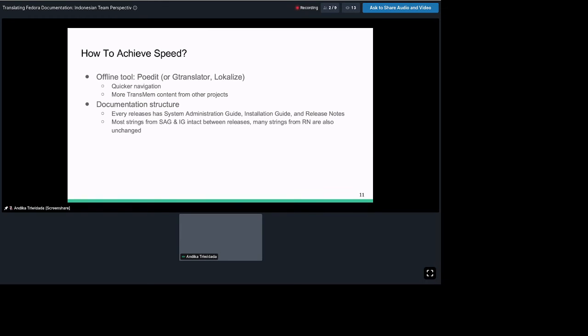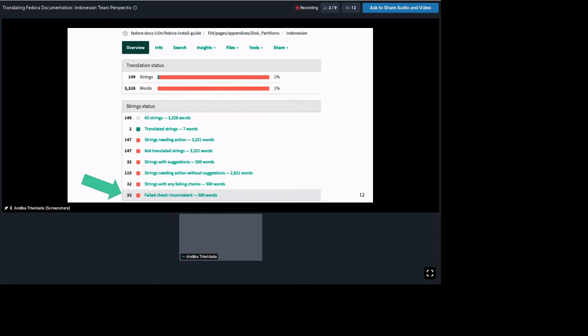So how do you find which strings can be processed like that? If we go to any module at the starting page, please check this status: failed check, inconsistent.